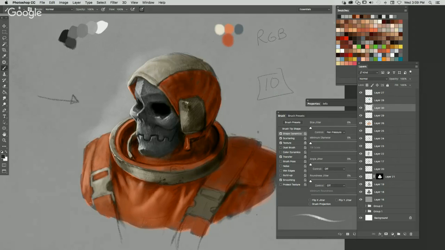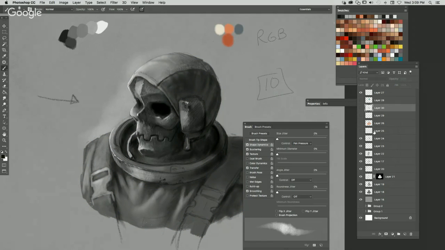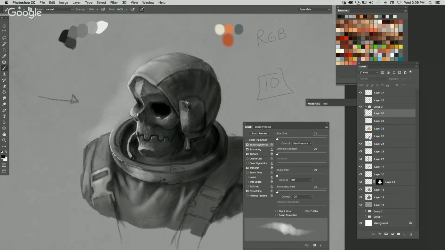So I think you guys can kind of grasp what I'm going to be doing from this point forward if I was just to keep detailing this further. But I want to show the other way of doing this before we announce the contest winners. So I'm going to show the other way that you can go about doing this. I'm going to remove the color here, make a folder for it.